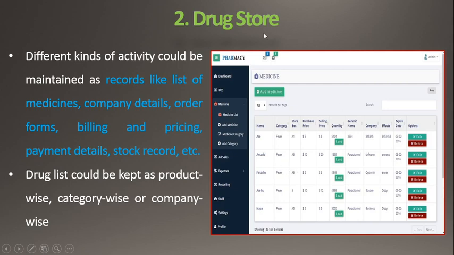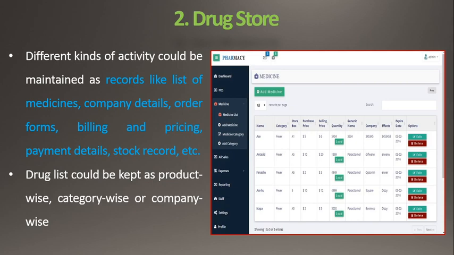At the time of storing the drug, after receiving the medicines in the drugstore department, the received material is added in the software, so it will help you to get the list product wise, category wise or company wise. So it has the ability to give the data within a minute.